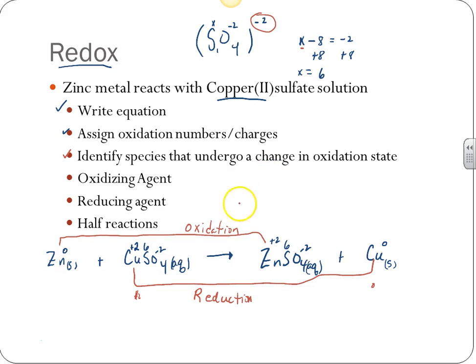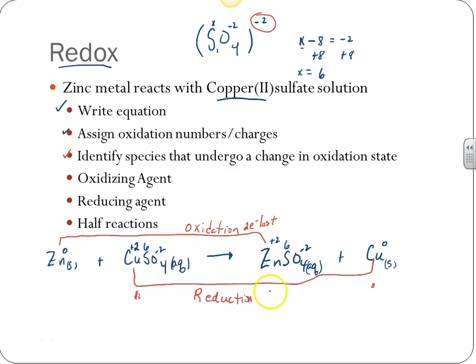Now let's also look at how many electrons were transferred. This is something that's not up here. We have 1 zinc on both sides. That zinc goes from a 0 to a positive 2. So how many electrons were transferred? We're going from 0 here to positive 2 there. So that means a transfer of a certain number of electrons. It has to be 2. And are those 2 electrons gained or lost? 2 electrons lost